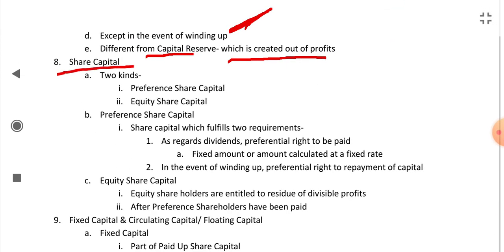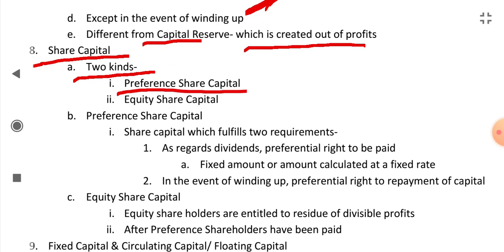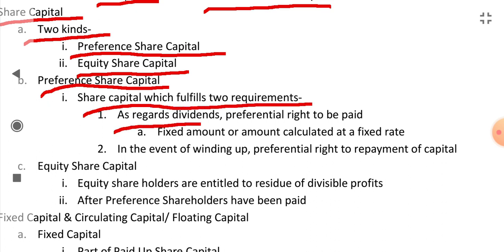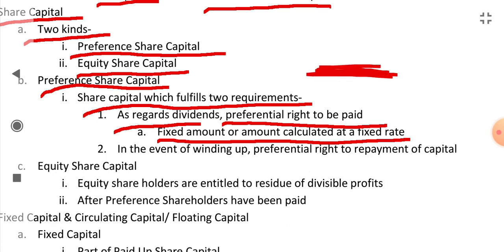What is share capital? Share capital is of two kinds. First is preference share capital, another one is equity share capital. Preference share capital means the share capital which fulfills two requirements as regards dividends: preferential right to be paid a fixed amount or amount calculated at a fixed rate. When the dividend is distributed, the profits are distributed, the holders of preference shares are paid first before the equity